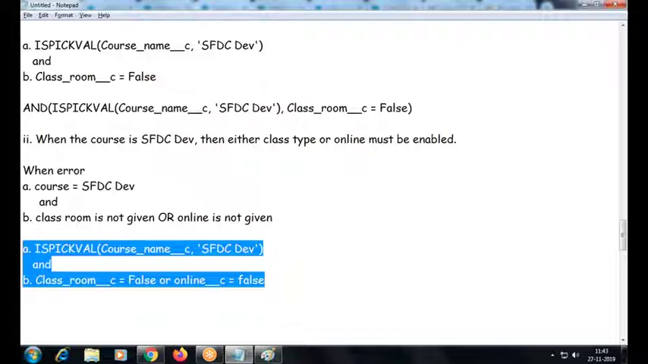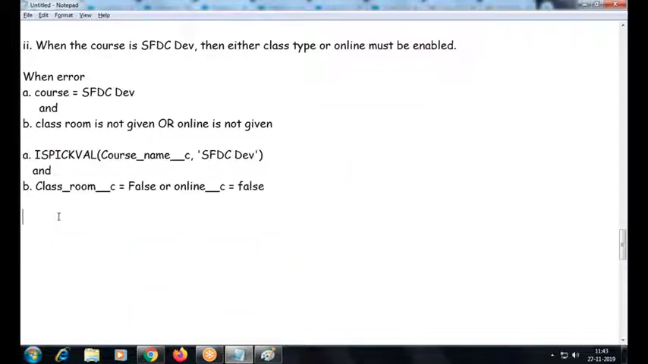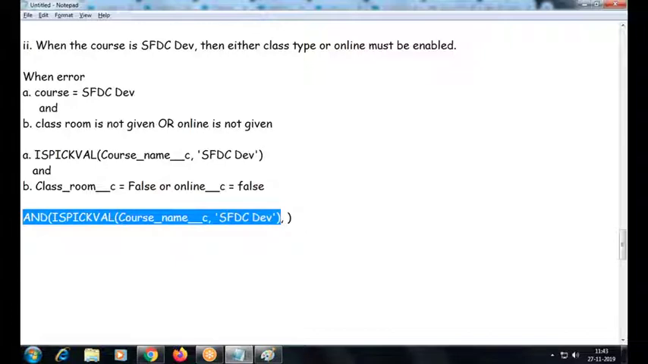Do you think this will work? I'll combine this, then see how we're going to combine this. So this is the first condition. Anyway, this is going to work only for a SFDC development course only. Okay. Next,